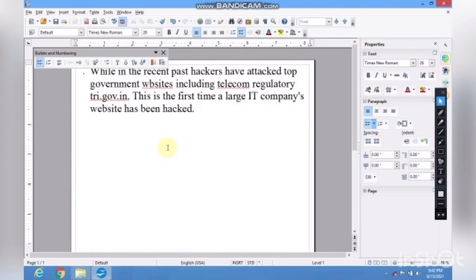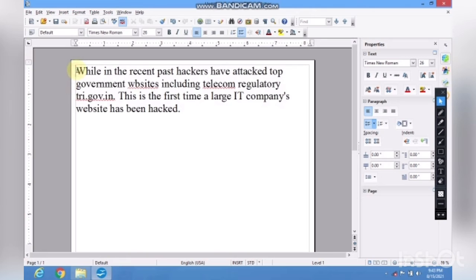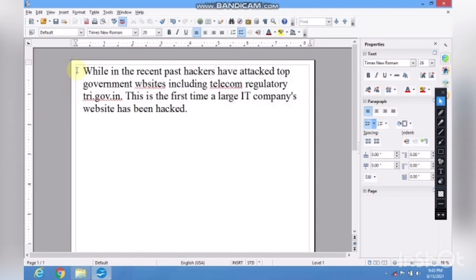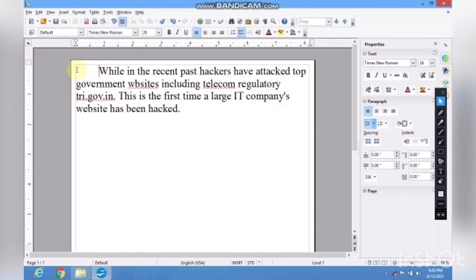Now let's move on to the next topic, which is indentation. So what is the indentation? It is the distance between the text boundaries and page margins, it is called your indent, okay. So here you can see, if I click space over here, okay, here I have changed the indent. I mean I have created the indent.